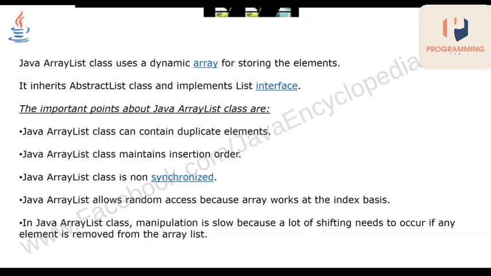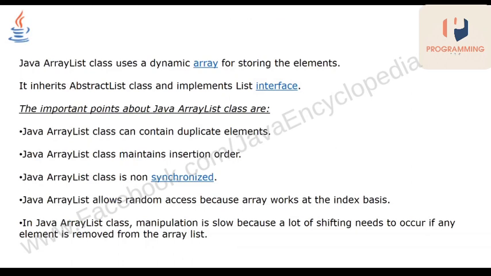ArrayList allows random access because it is index based, so I can randomly access the 5th element, 6th element, any element from an ArrayList.